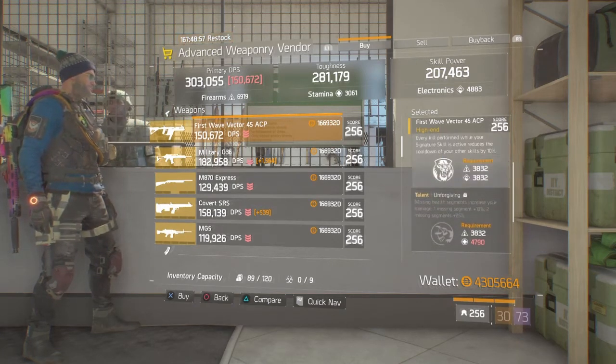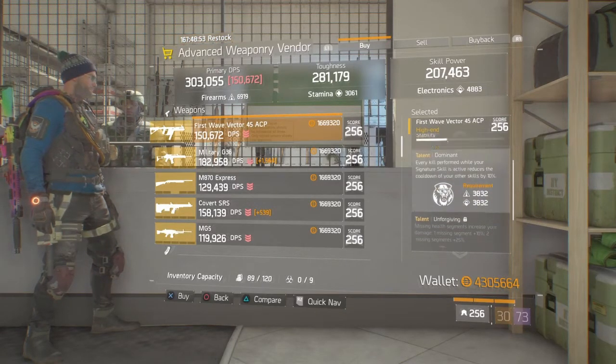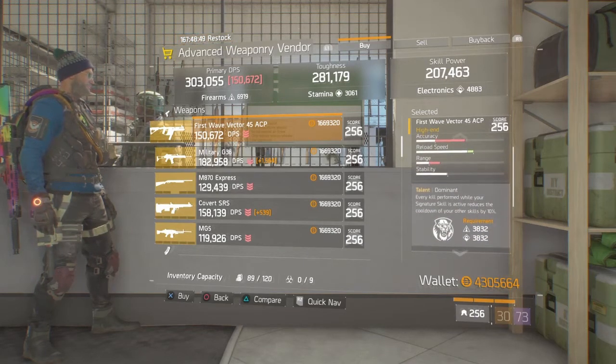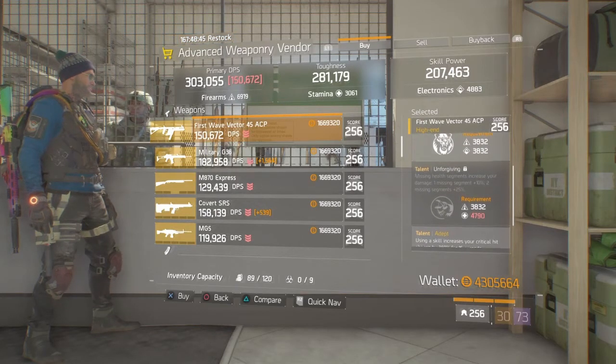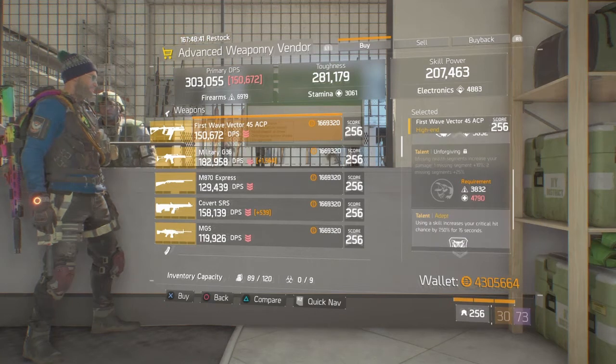However, this is a good weapon, though certainly not the best I've seen, so just be careful if you are going to get this. I would keep Unforgiving as the middle talent because it's a really good talent. However, be careful because stamina is